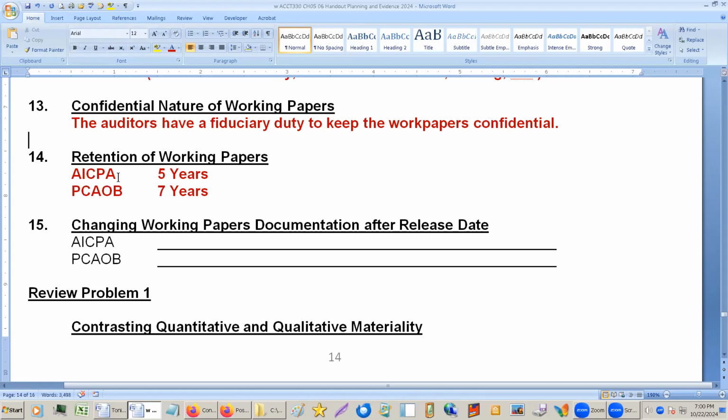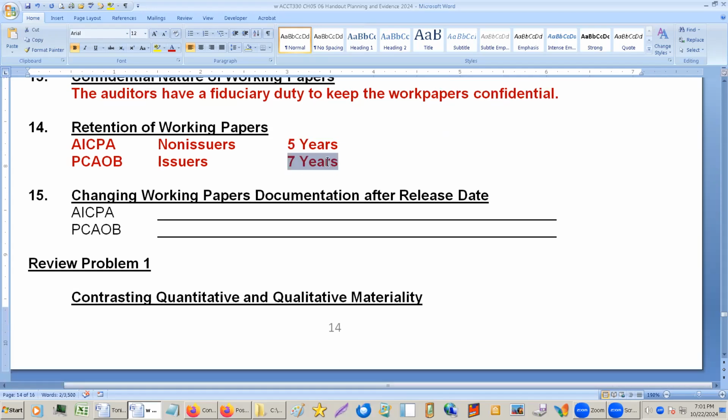So this is for non-issuers. And for issuers, technically, the PCAOB requires you to follow the AICPA standards. So you are required to do 5 years, but in this case, the 7 years of the PCAOB is longer. So